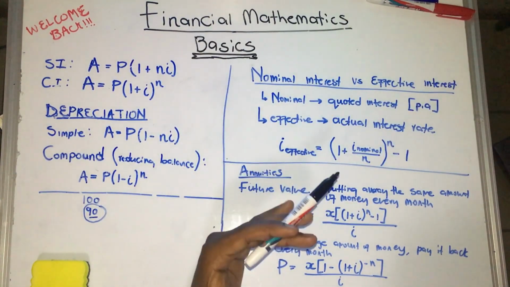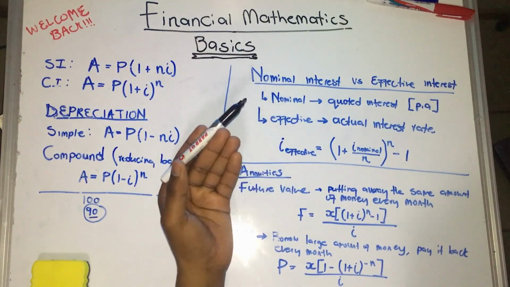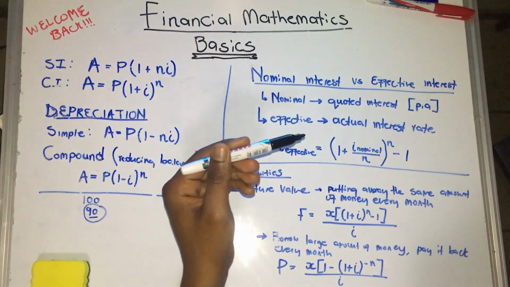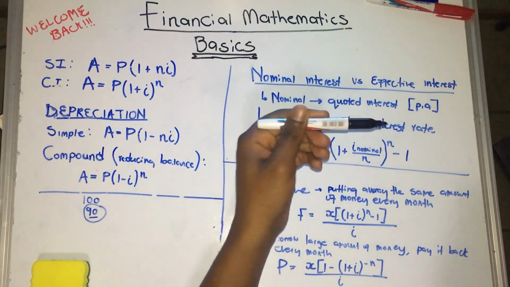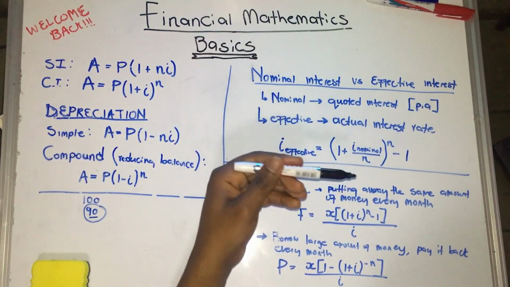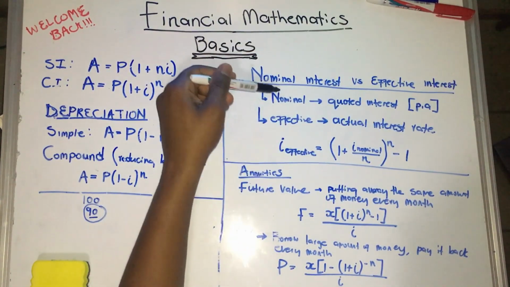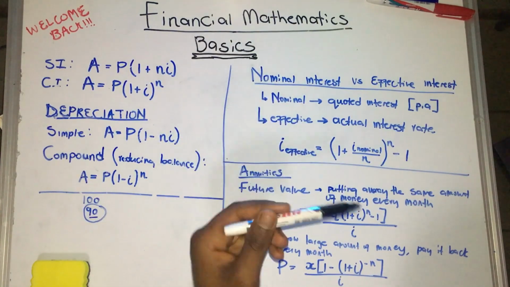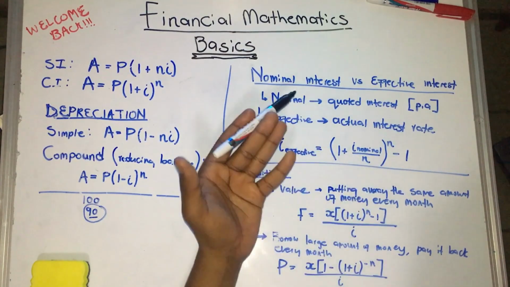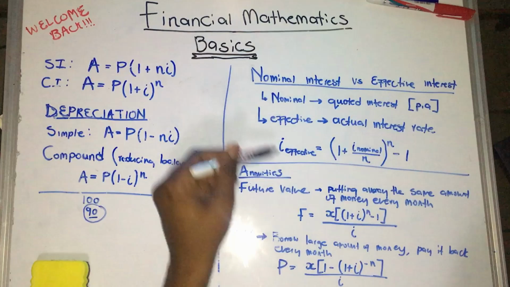But that is not your actual interest for that particular loan. Your actual interest is what we call the effective interest. You see, your effective interest takes account of all the compounding that would happen. If your interest is compounded yearly, your nominal interest is just going to be the same as the effective interest. But if it's compounded less than a year, maybe quarterly, monthly, weekly, daily,